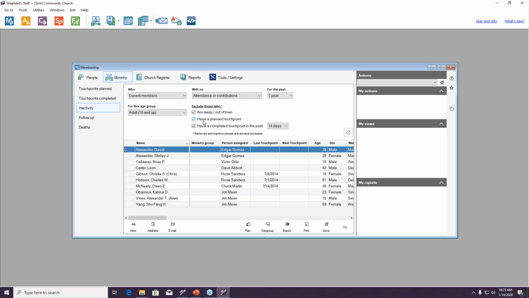Have a planned touch point. So this refers to touch points here. That touch points are planned visit or